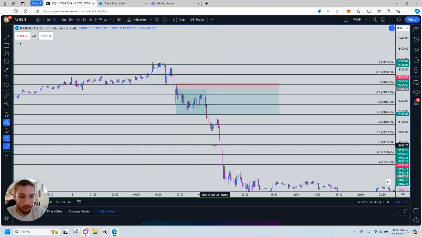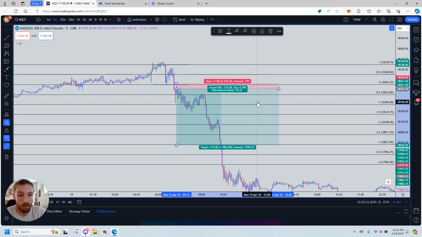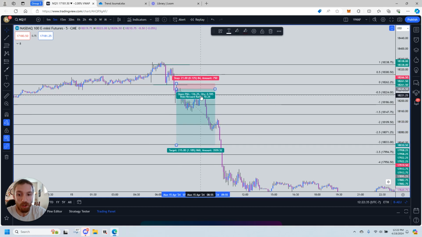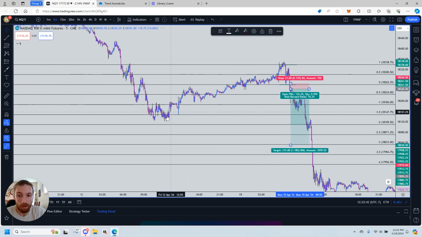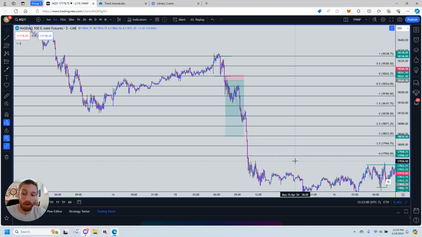3 standard deviations worked out very well, just like we tend to look for. 1, 2, 3 standard deviations. See, the 1 standard deviation kind of gets choppy, and then once it gets below there, it tends to go to that 3. And again, that's right below Friday's low, which worked out very well. It came below Friday's low, bounced up, retested it, confirmed that we are continuing to the downside, and then continued even lower. These 4 and 5 standard deviation moves are a lot more rare, but in the beginning of trends, like